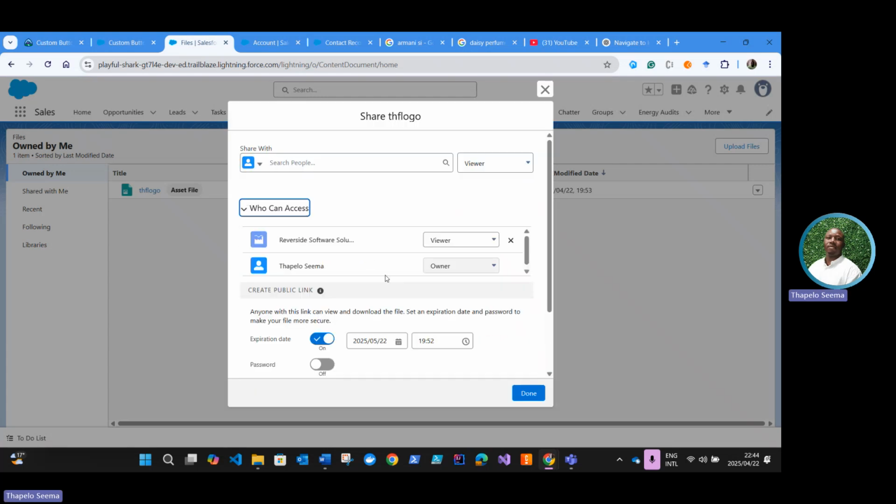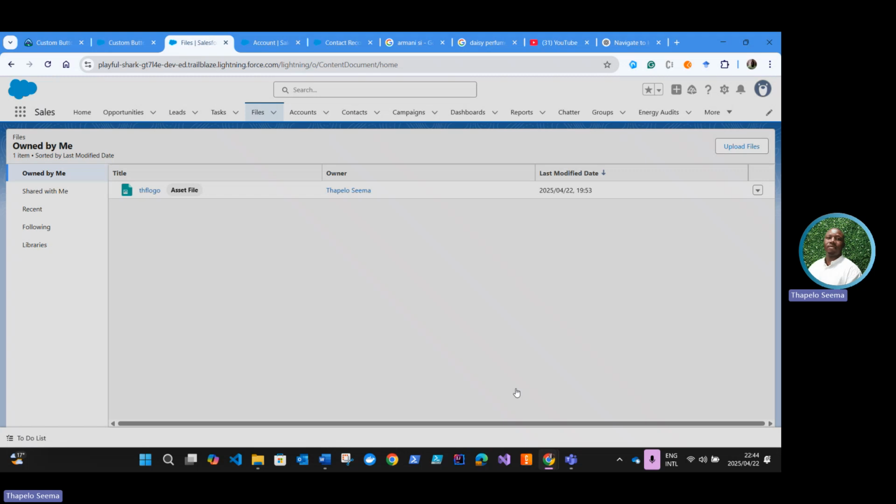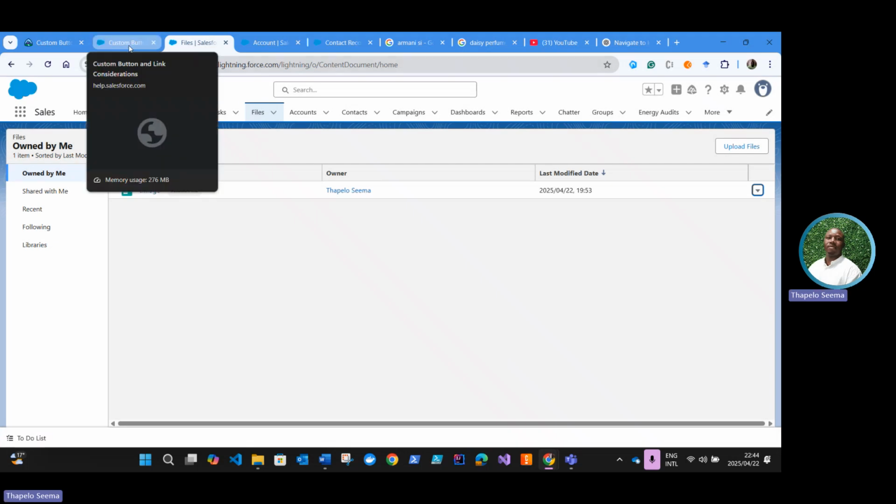expand the who can access, right? And here we want to set this password toggle to off, right? And this link has already been generated on my end. It might appear differently on yours, but we want to copy this link and hit done. And then once we are done,